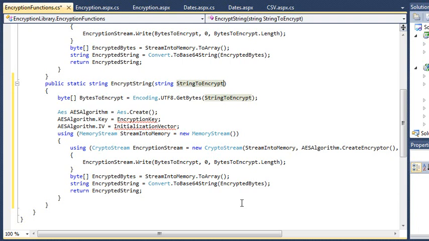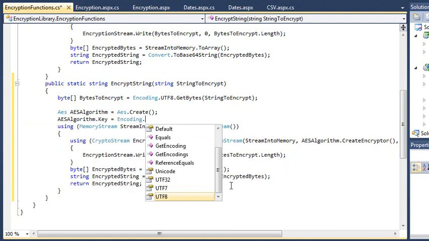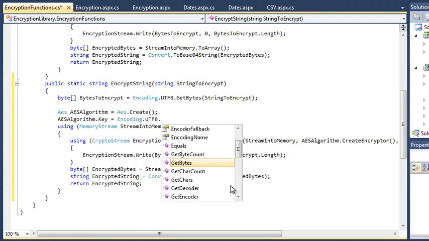As you can see, some errors have appeared in the new overload, so let's fix them now. Remove the lines aesalgorithm.key and aesalgorithm.iv and replace them with aesalgorithm.key equals encoding.utf8.getBytes